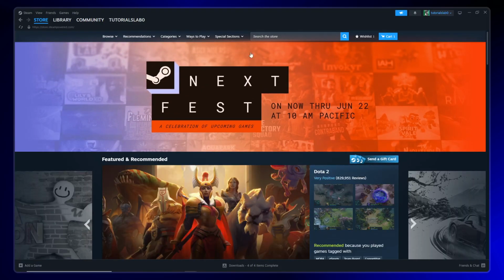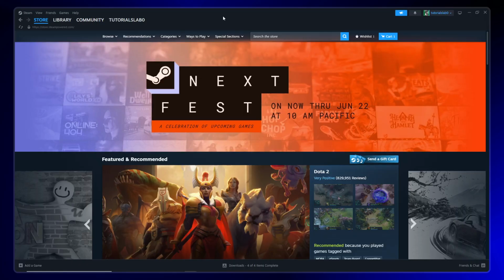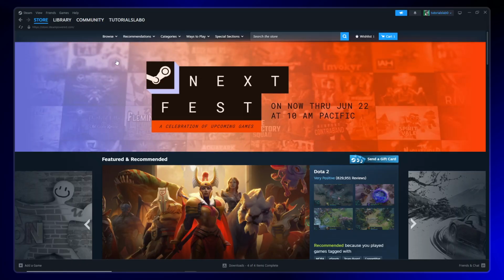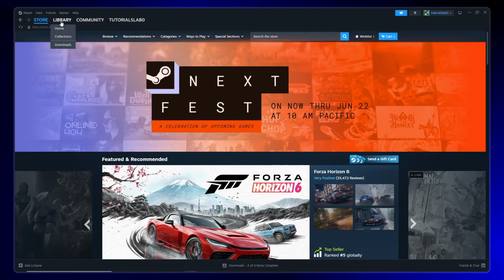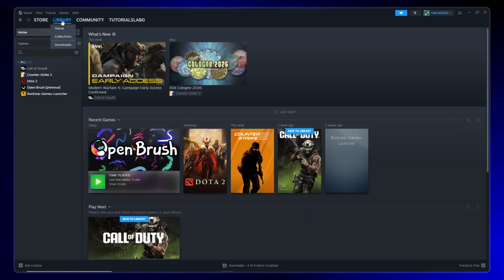First, open your Steam app and log into your account. Once you're logged in and on your main Steam dashboard, direct your attention to the upper left corner of the screen. You'll see several tabs there, and you'll want to click on Library. This is where all your installed and available games are organized, making it easy to manage and view details about